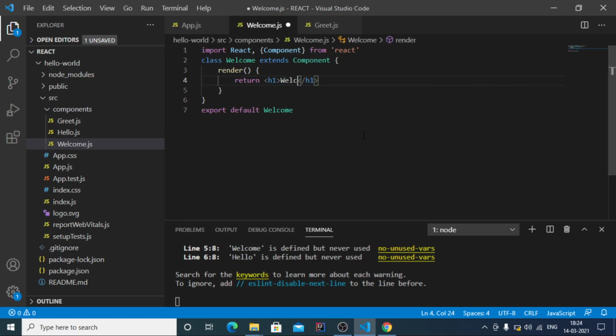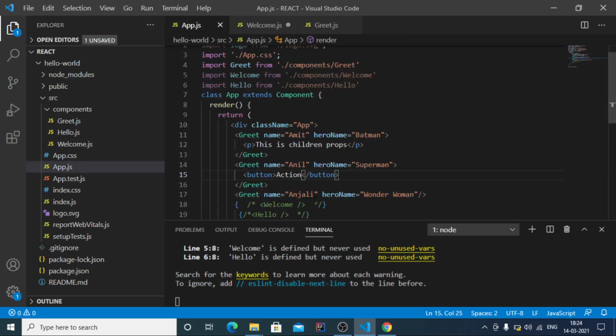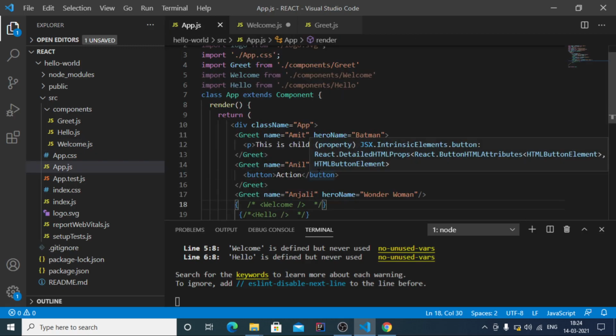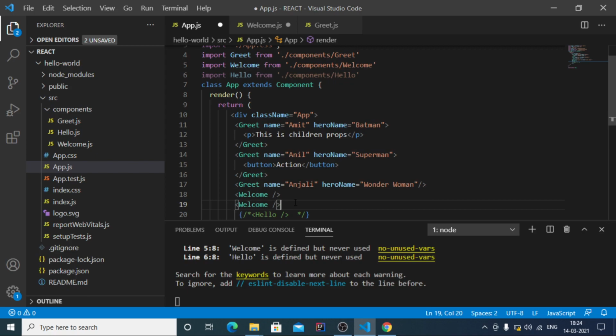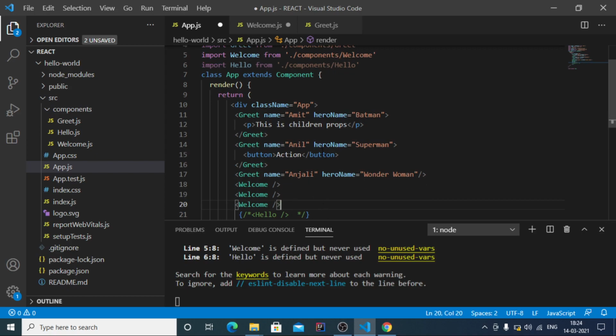First of all, you have to go to app.js, and in app.js, suppose similar to the greet component, you want to reuse the welcome component 2 times, passing the same attributes, that is name and hero name.